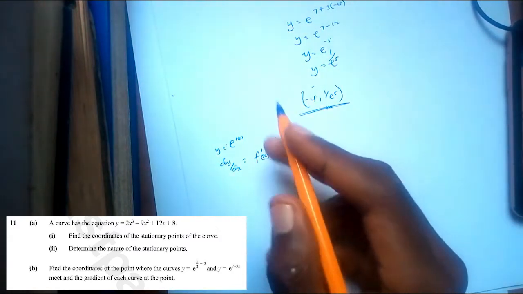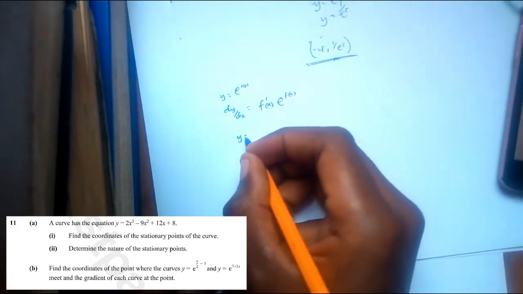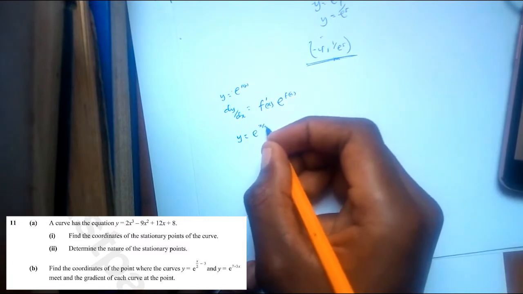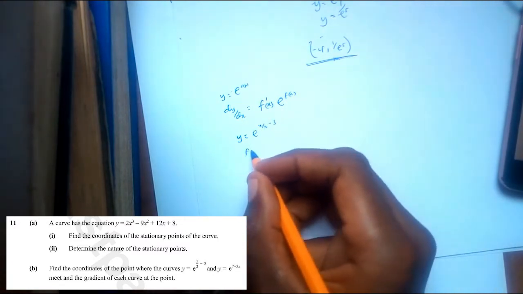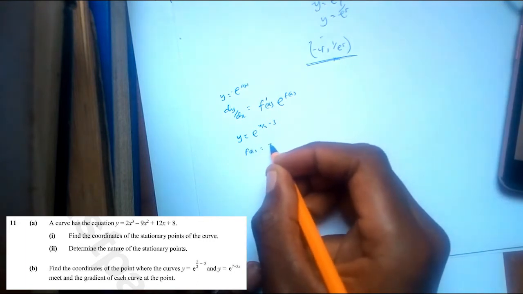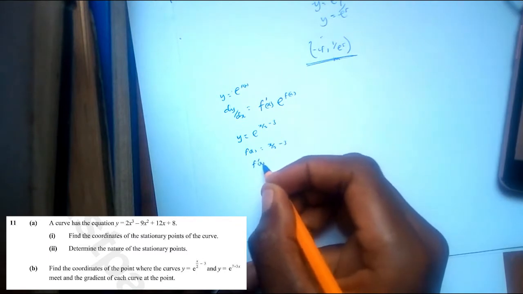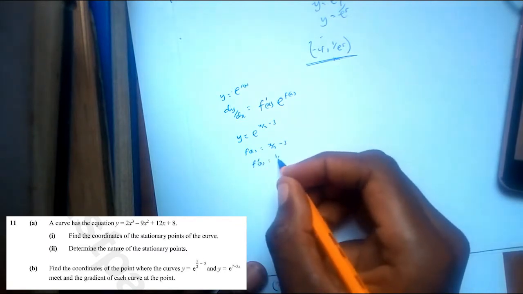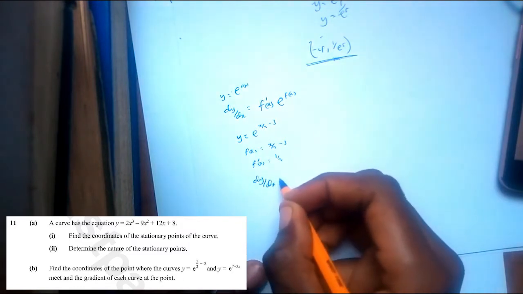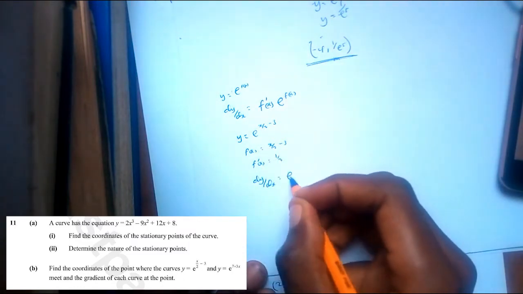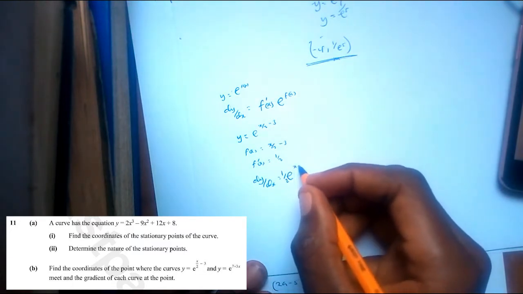So in short, for y is equal to e to the power x over 2 minus 3, f of x is equal to x over 2 minus 3. So f prime of x, the differentiation of this, is just 1 over 2. So in short, dy over dx of this equation here is 1 over 2 e to the power x over 2